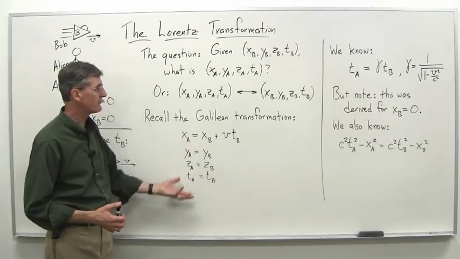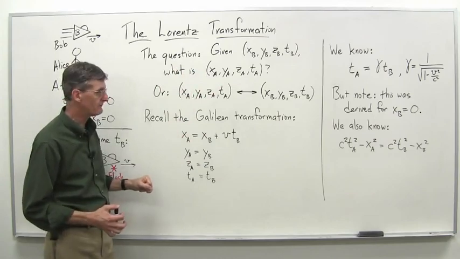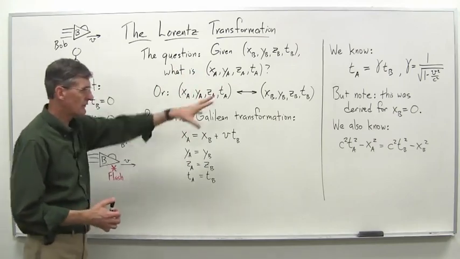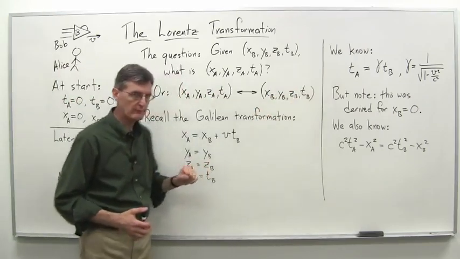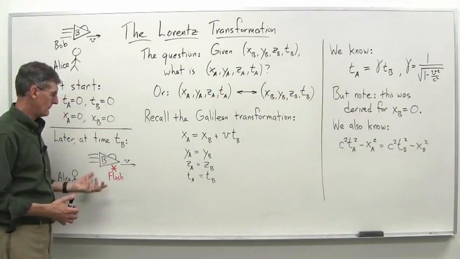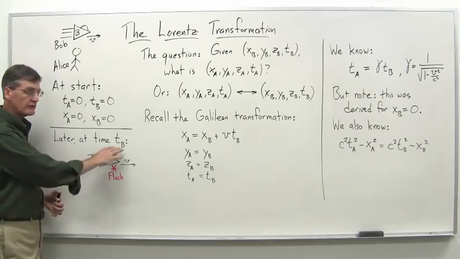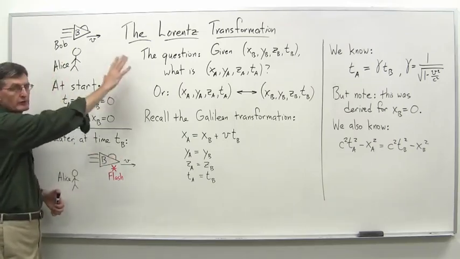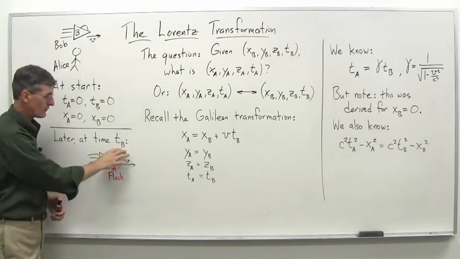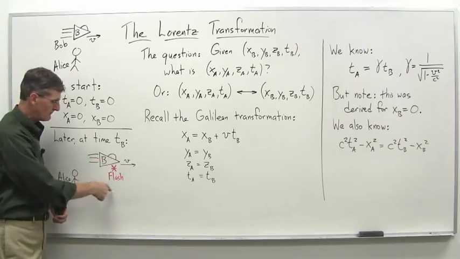We'd like to have something like this that works with special relativity. So that's our goal here. We'll get back to the stuff over here in a minute, but let's set up the situation for Bob and Alice. They pass each other at time t equals 0, and then later at some time tb, according to Bob's clock, he sees a flash of light